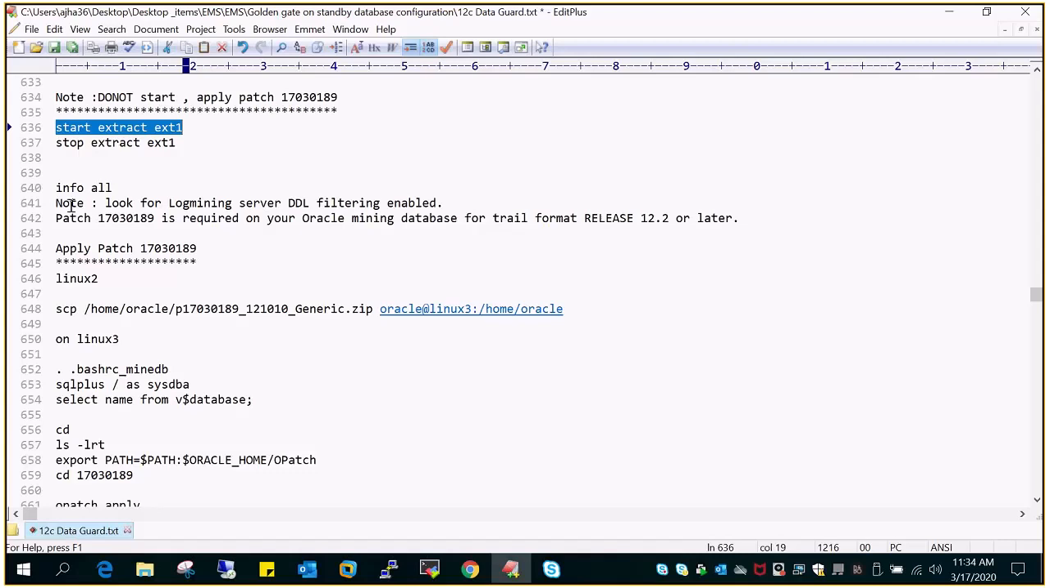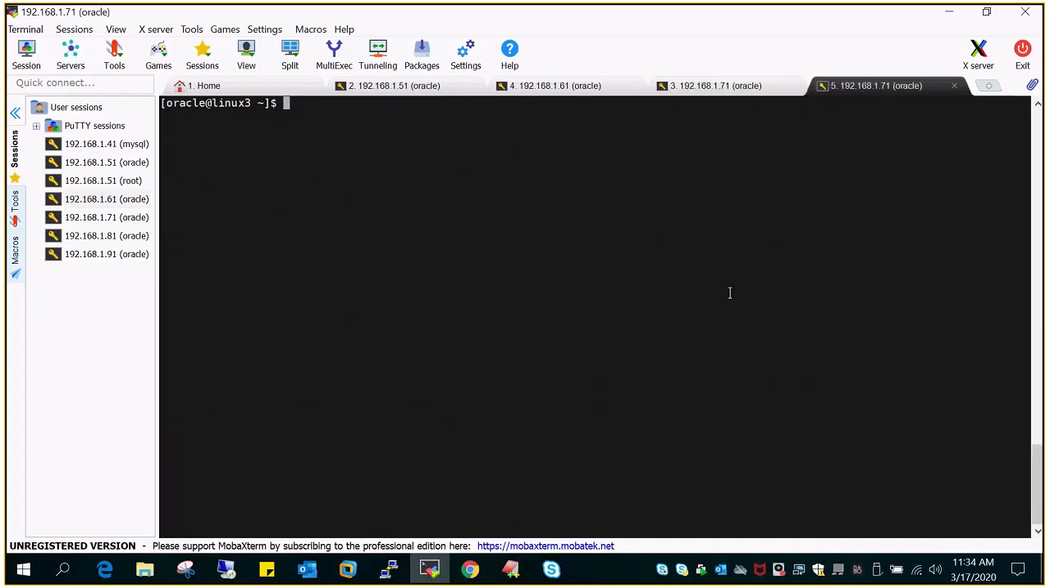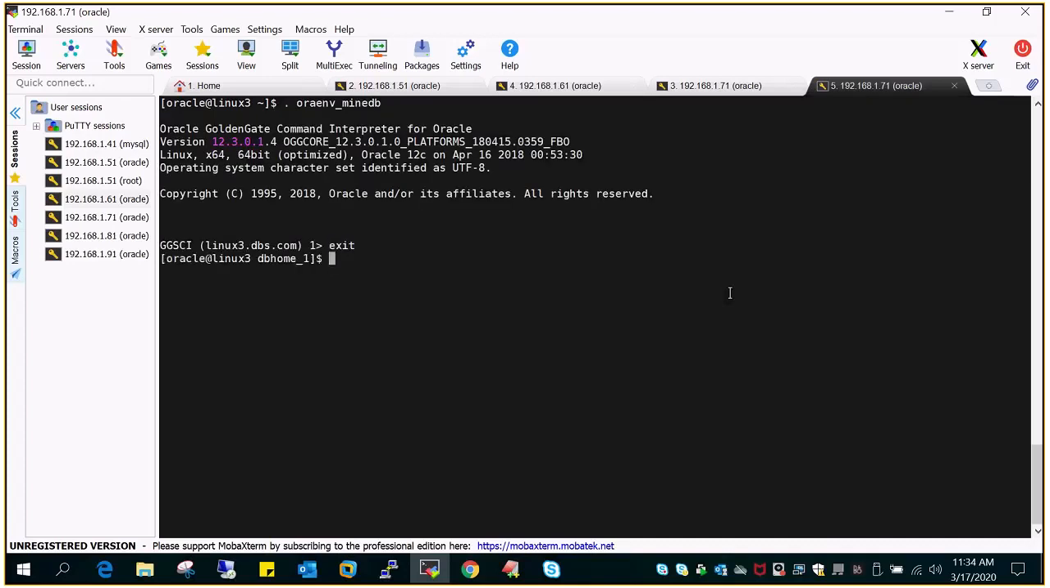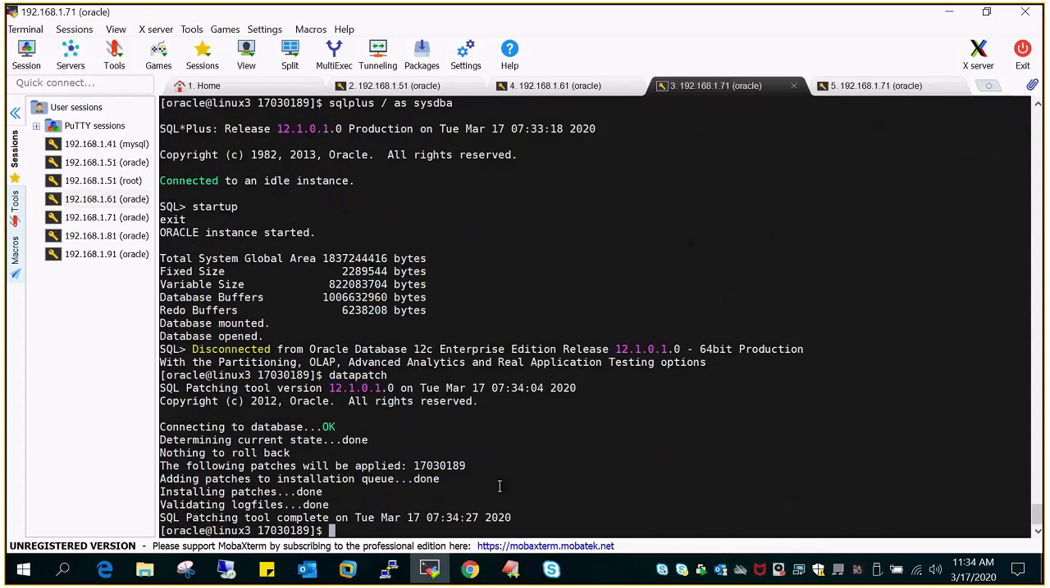Start extract ext1, and then I will look for mine. This should be available in my GGSCI alert log. So I'll just say ORINV underscore mining DB. I'll just say exit, tail -100f GGS error log file. I have to view. Yes. And here, same command,